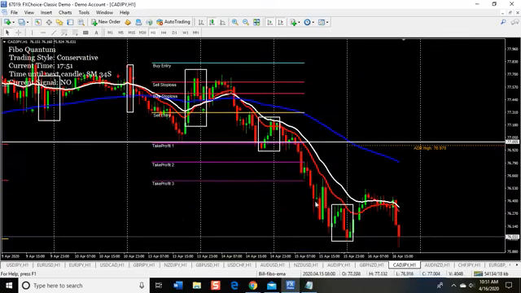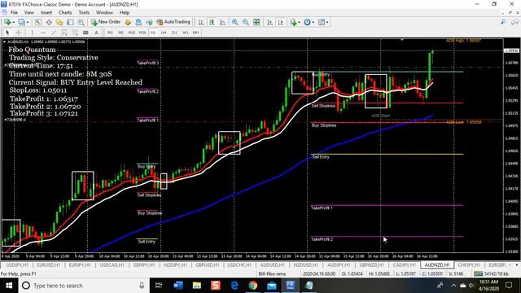CAD JPY, no trades on this right now. AUD NZD. Okay, this one here. This is an interesting one. We took this buy signal a couple days ago here, and we kind of felt we were at the top of the range here because, as you could see,